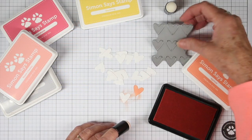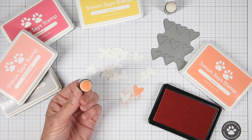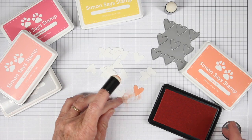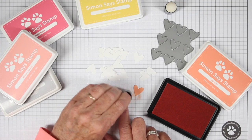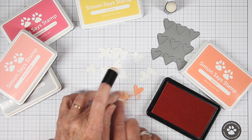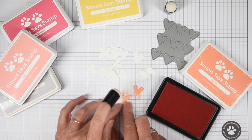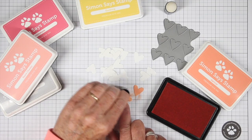To start off my card, I've used the tic-tac-toe hearts, and I've cut out several hearts. I needed 24 in all. And I'm also using a sponge dauber by Sukaneko to color in my hearts. So I'm starting off with the apricot ink, and I'm just dipping that sponge dauber right into the ink, turning this around with my finger, and then I am just blotting and kind of swirling the ink right onto the